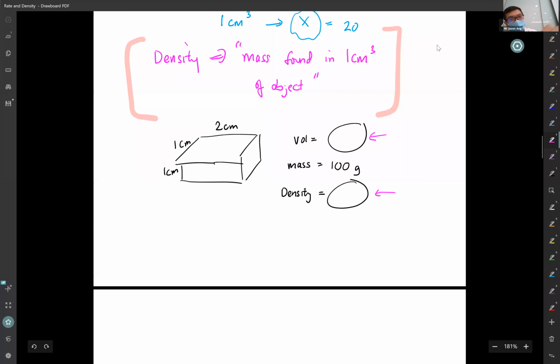The answer for the volume, what do you all have? At the count of 3: 1, 2, 3. Thank you. And therefore, what do you write the density to be? Okay, great. So you can find the value 50, right? Congratulations. You have just figured out how to calculate density without having to use a formula.